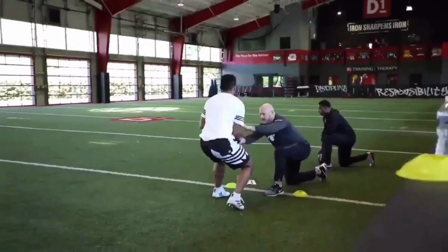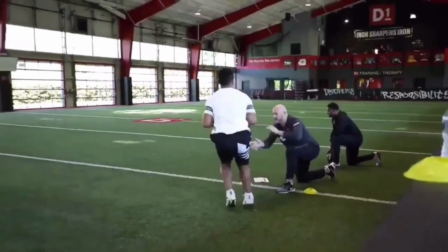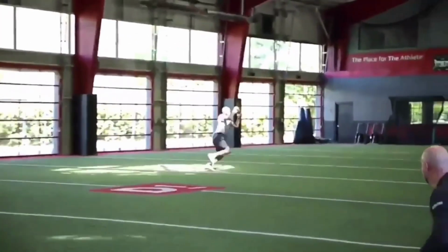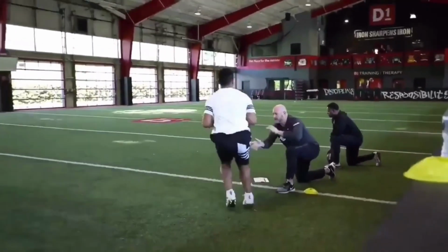We're going to talk about your footwork when you're throwing a rhythm throw, when you can't hitch and you just got to throw off of that last step. Okay, that's another great shot here by Tua. And again, I get it, this is t-shirt and shorts, but it's good to see him throwing, and it's good to see him being in